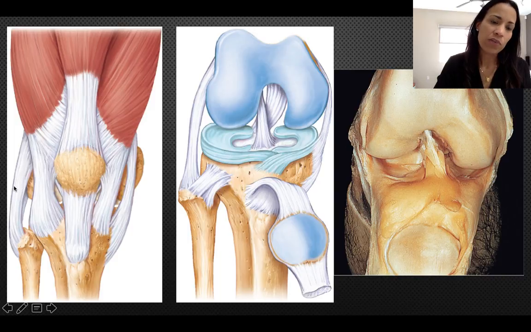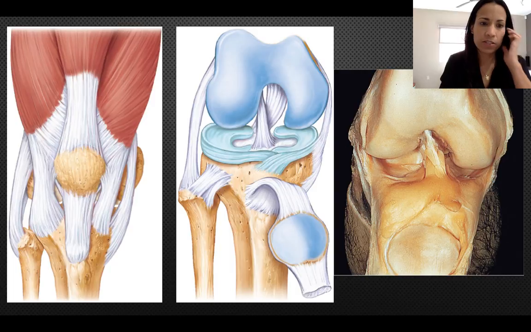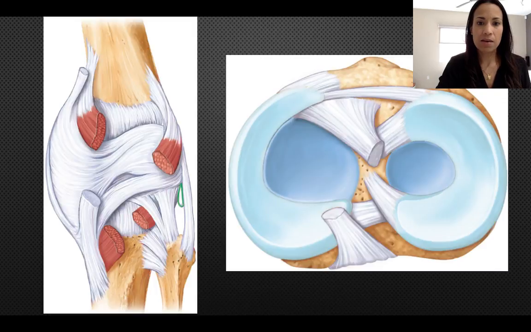Laterally, it is reinforced by the fibular collateral ligament, on the same side of the fibula, and that again avoids lateral movement of the bones of this joint. And remember, we don't have capsule on the front, just on the sides and posteriorly. Posteriorly, the capsule is reinforced by the popliteal oblique ligament. You don't need to know the names of the ligaments, just that it is reinforced by all of those ligaments,